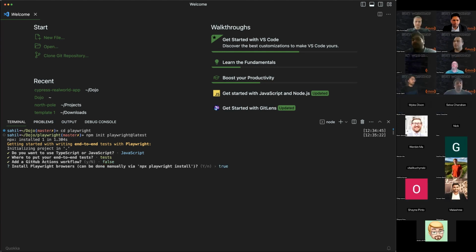And one great thing about Playwright is that it comes automatically with all the browsers that it will run tests on, which means, for example, if you are on a Windows machine and you want to run your tests against Mac Safari, obviously you can't have Safari installed on your Windows, but Playwright has a way to run those Safari tests internally. That's what this is doing. It's installing those browsers for you. You can just hit yes. True. All right. Yes.